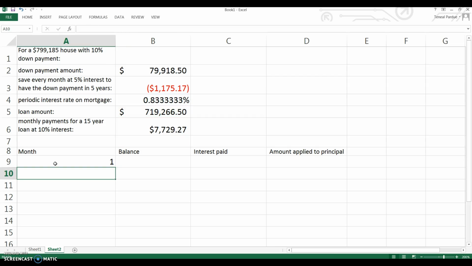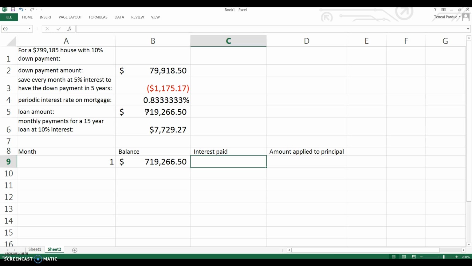So in the first month, our balance is just going to be the loan amount. So we start out with the loan amount as our balance. The interest paid is going to be the balance for this month times the periodic interest rate. And we're always going to refer to that cell. So I'm going to hit F4, or you could just go in and do the dollar signs, to fix that cell reference. So the first month we're paying $5,993.89